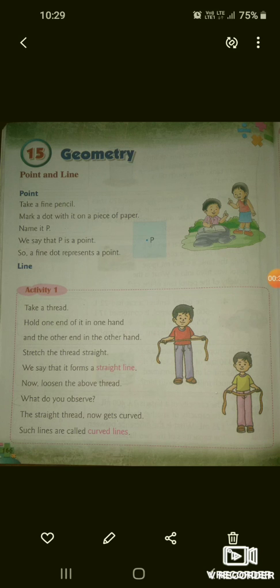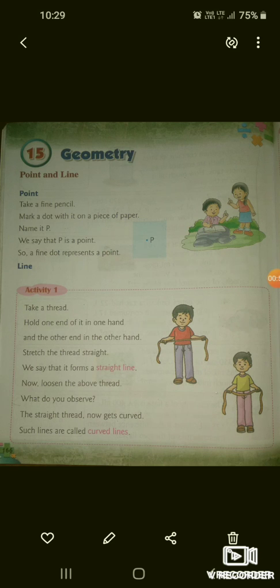Point. A fine dot marked with your sharp pencil on a plain sheet of paper is known as a point.